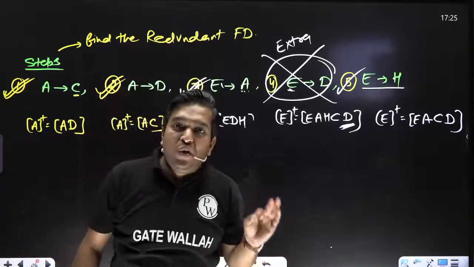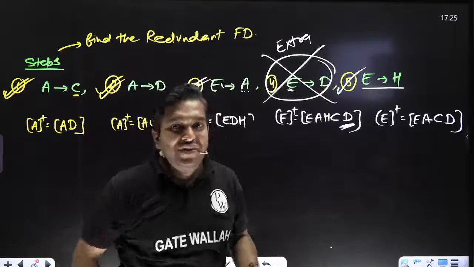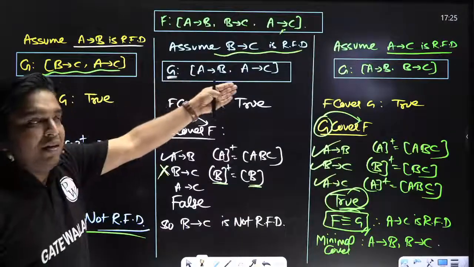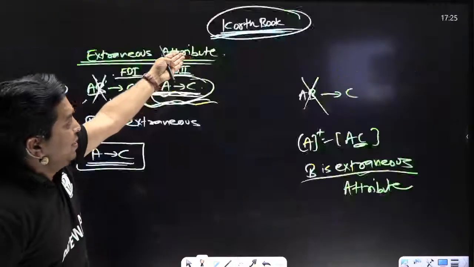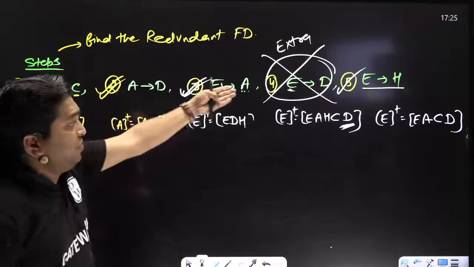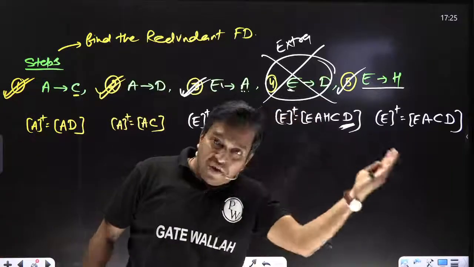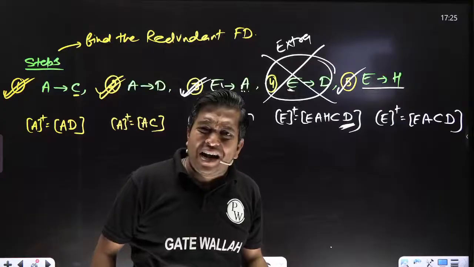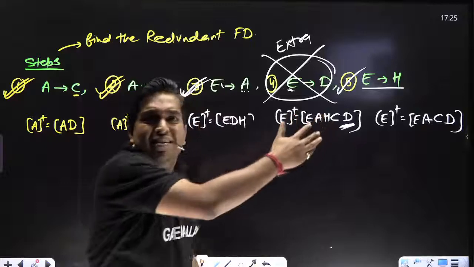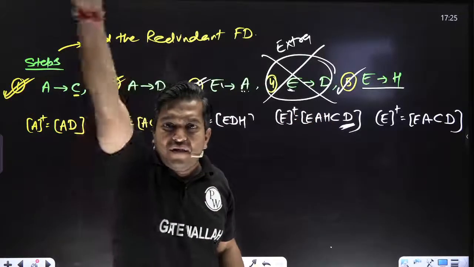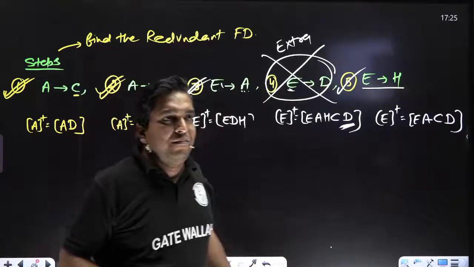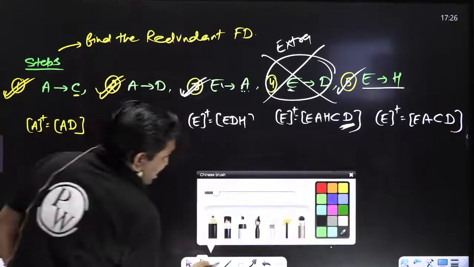Now in future, if you have any doubt how to find extra, remember this method, that we can check extra in this manner. Here there are 3 FDs, that is the base. But here you can see there are 5 FDs. You have to do it 5 times. What is the meaning of extra? If we remove this one, we are getting whatever we were doing earlier, the same thing we are able to do. That is the meaning of extra. Very simple. Clear?